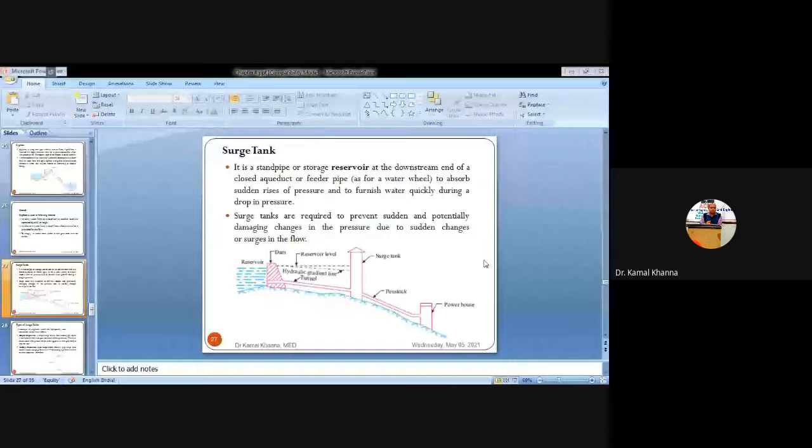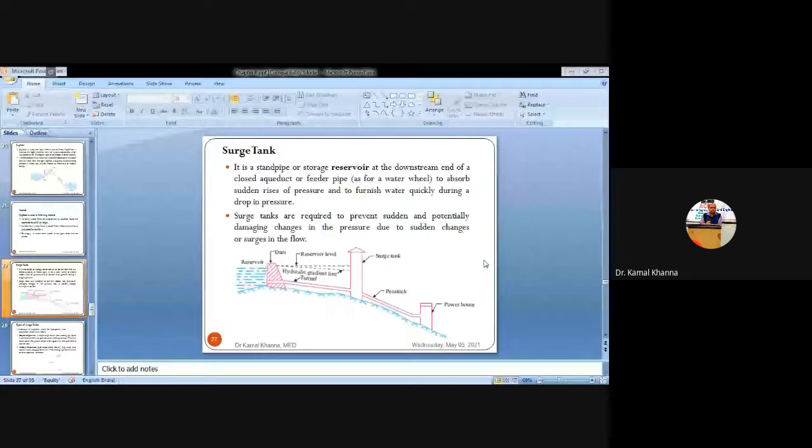hydraulic gradient line and the tunnel, or you can say this is the penstock, from where the water is being transported from the dam to the powerhouse, where we have the turbines or the dynamos, so as to convert that hydraulic energy into mechanical energy, and using that mechanical energy with the dynamo, we will convert that mechanical energy into electrical energy, and that is being transported to our homes, our domestic area, as well as in commercial purposes. So understanding the concept of the surge tank,